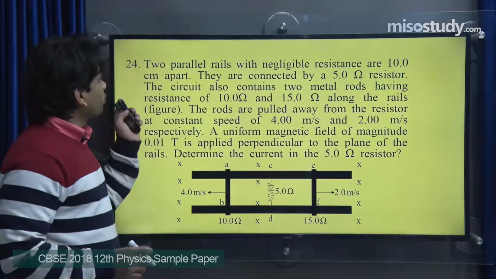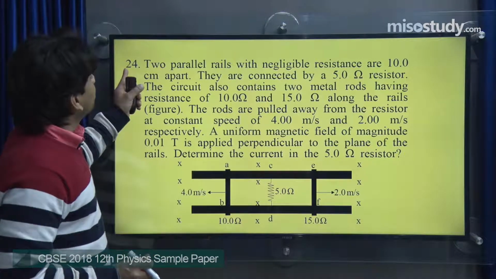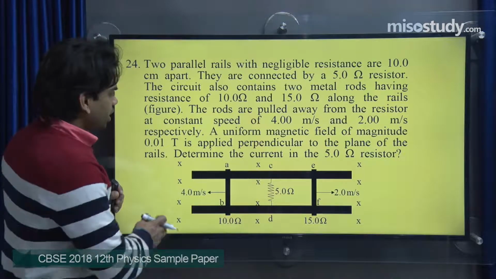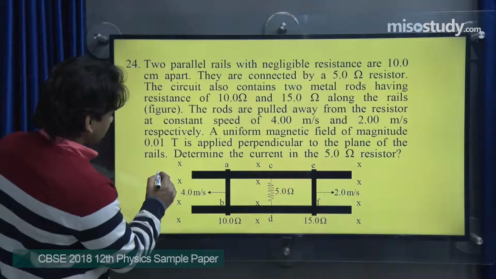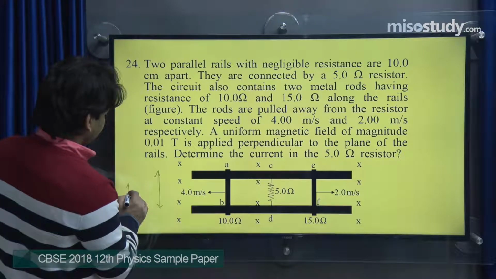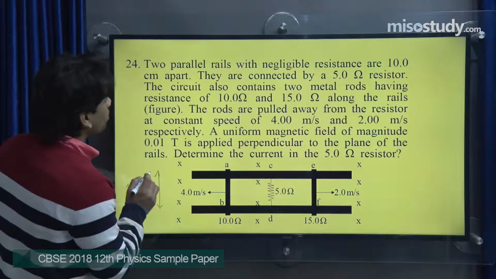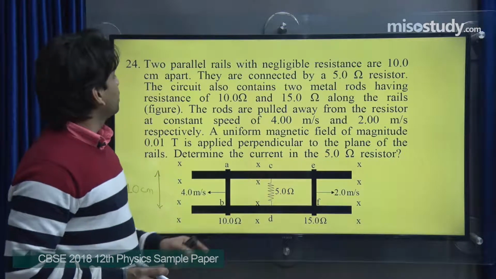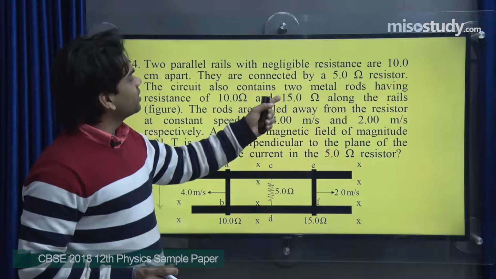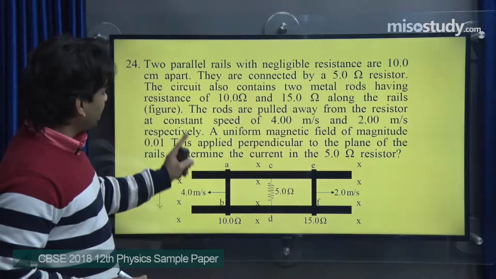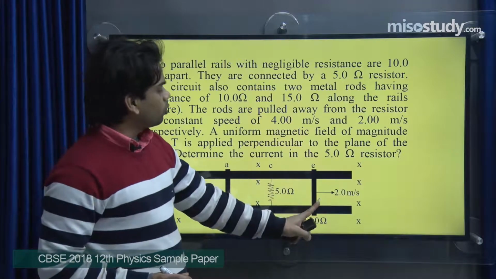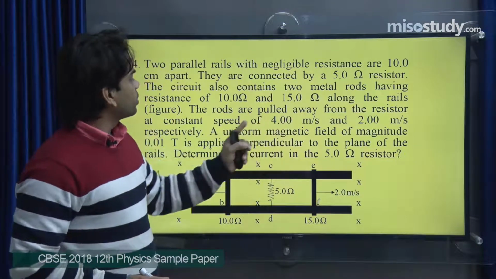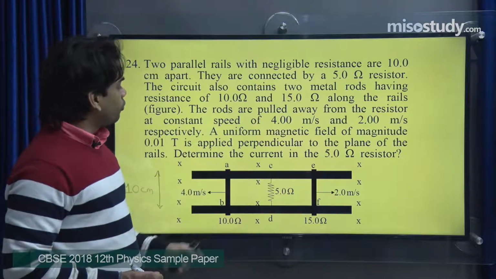First question, question number 24, in the 5 marks part: 2 parallel rails with negligible resistance are 10 centimeter apart. Now see here, this is the diagram given. They are connected by a 5 ohm resistor. The circuit also contains 2 metal rods having resistance of 10 ohm and 15 ohm along the rails. The rods are pulled away from the resistor at a constant speed of 4 meter per second,